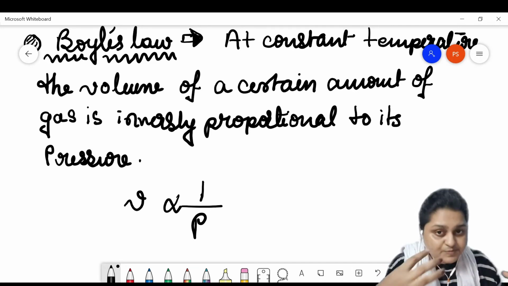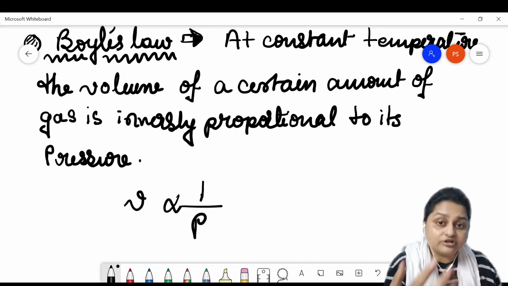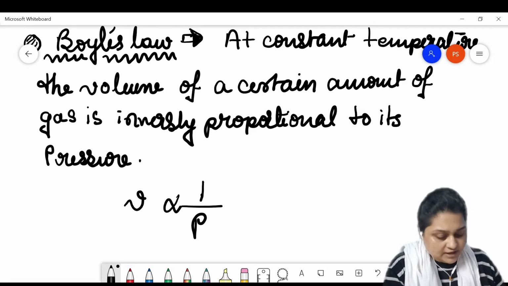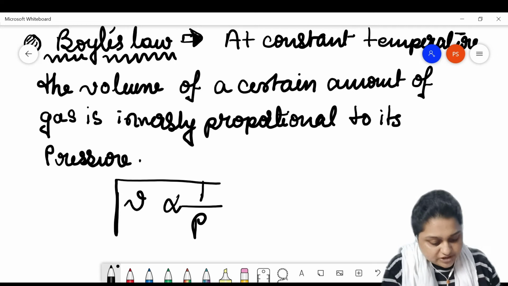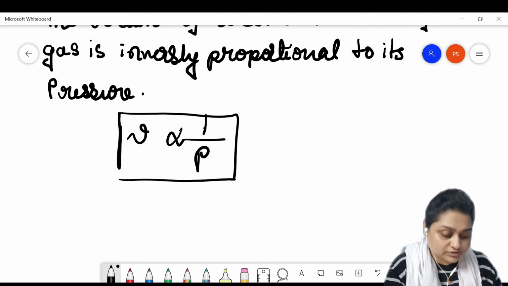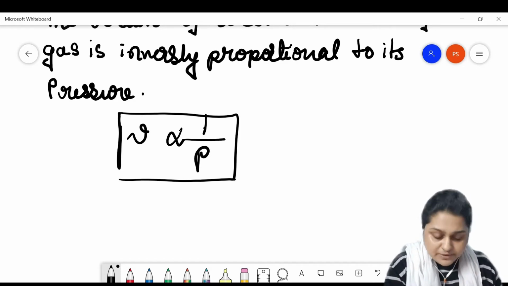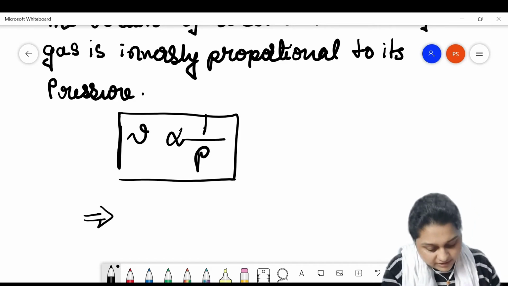We will see an expansion of gas. We will see that the volume of the gas increases. Now, this is the mathematical expression of Boyle's law, that is V is inversely proportional to the pressure. V proportional to 1 by P. Now, mathematically,